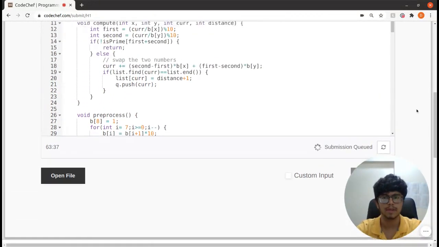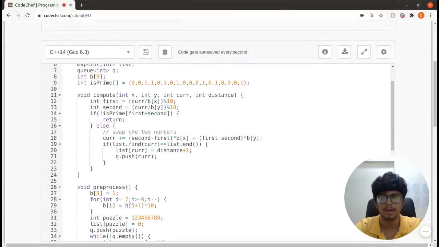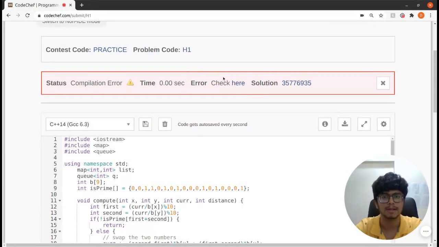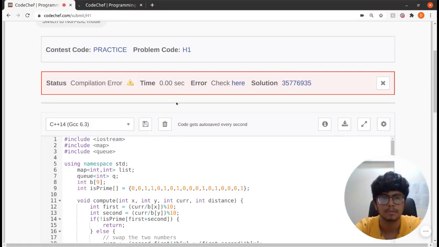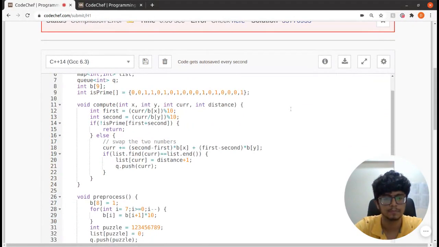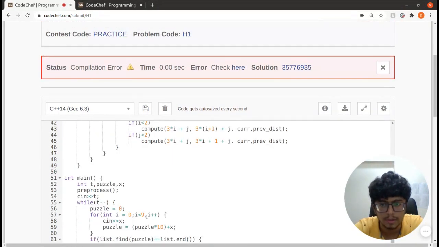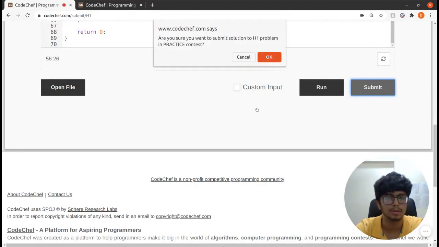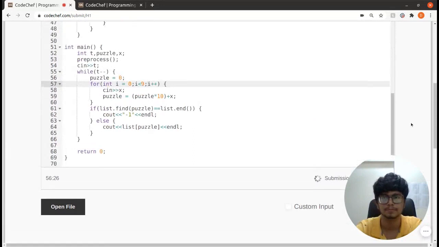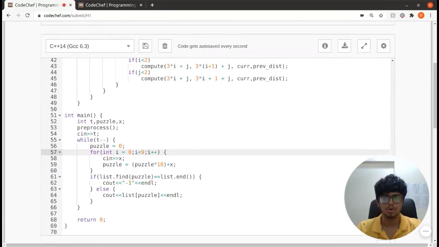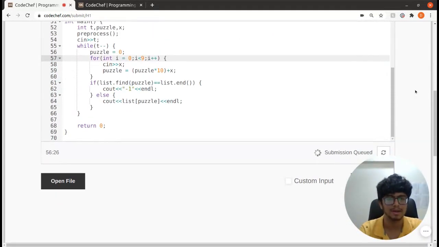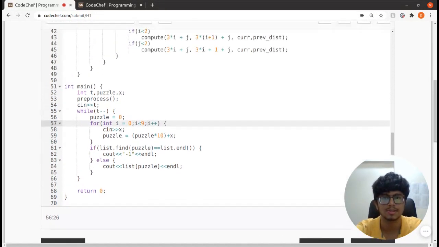All right, finally we have done the code and we are ready to submit. Oopsie, I have a compile time error. Let's just check for the error. All right, so basically I have an error over here. I put a comma instead of a semicolon. So let's just submit that again. Whew. All right, so finally we are going to submit it. I hope everything goes fine. Let's keep our fingers crossed.